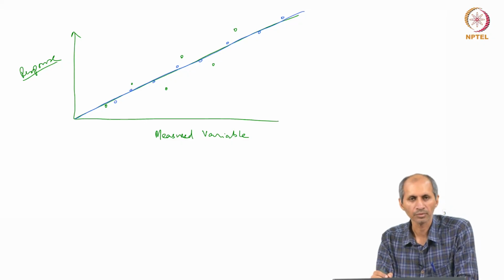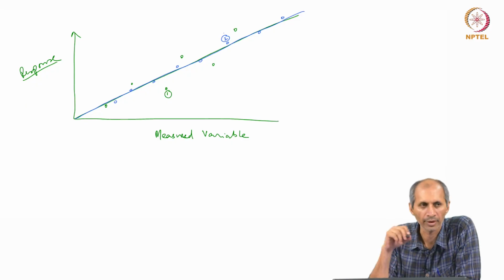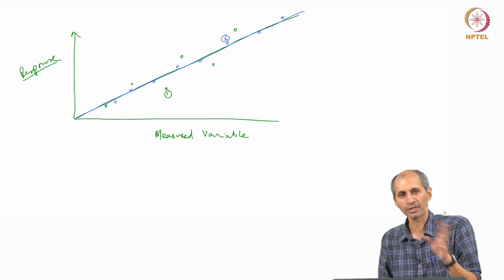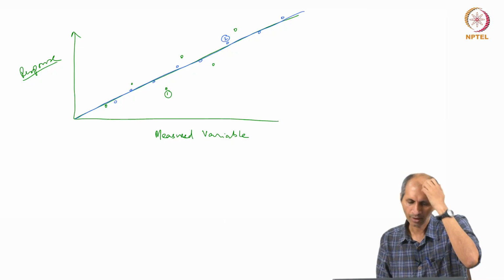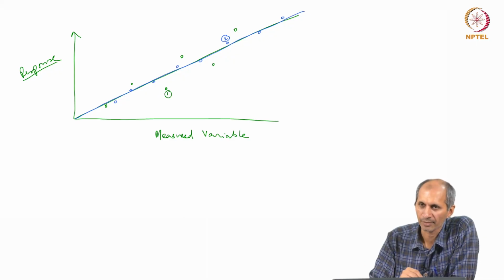Among these two, calibration 1 is represented by the green points, and calibration 2 by the blue points. Two people have done calibration, or two different instruments have shown this calibration with the same standards, one showing the green, one showing the blue. We generally tend to trust the blue one more because there is a